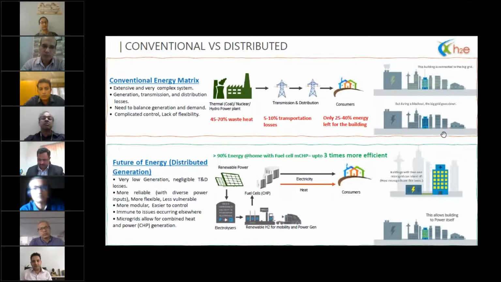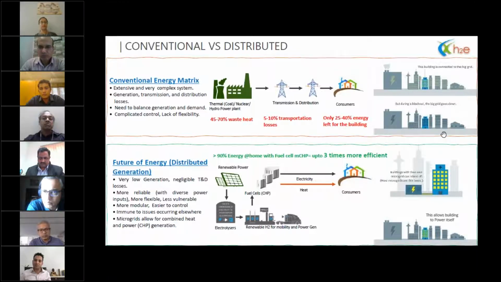We need to bring different technologies together to provide a sustainable solution to the customer. Like my fellow panelists, we are big believers in distributed power generation and distribution, rather than a large centralized plant distributing to different people. We believe we should have one plant per building, one plant per apartment or one plant per house. Every house and every building should be energy independent. They should not bring anything from outside, and they should not send anything outside.